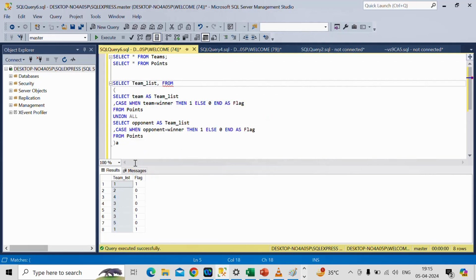Then as per we discussed, in order to calculate number of match played by each team, we just need to count frequency of that particular team ID in this column, team list column, right? So we will write count of team list as matches played. Now, in order to calculate number of matches won by each team, we just need to add value present inside this column, which is flag, correct? So I'll write sum of what? Flag column, and name of the column is as